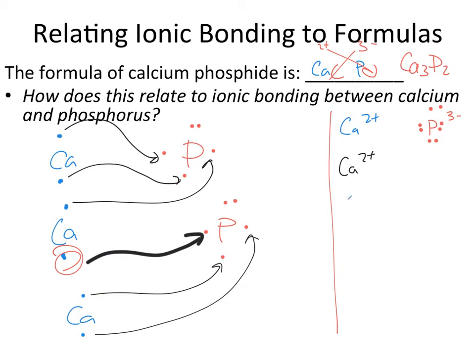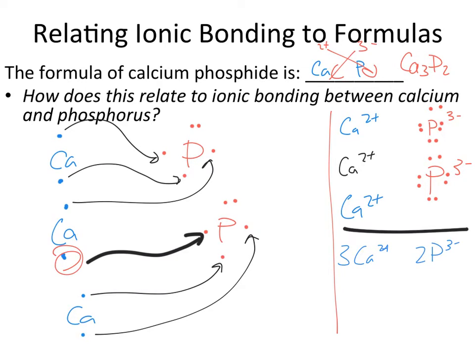When it does that, again, we're going to form calcium 2+, and phosphorus will form another 3-, because it has 8 valence electrons now. So now all the phosphorus atoms are satisfied, all the calcium atoms are satisfied. So let's do a tally here. What we see is that we have 3 calcium atoms, 3 Ca2+, and we have 2 phosphorus atoms, 3-. Well, look at that. Look at our original formula. There's 3 calcium atoms and 2 phosphorus atoms. So if we were to write this in a different way, we get